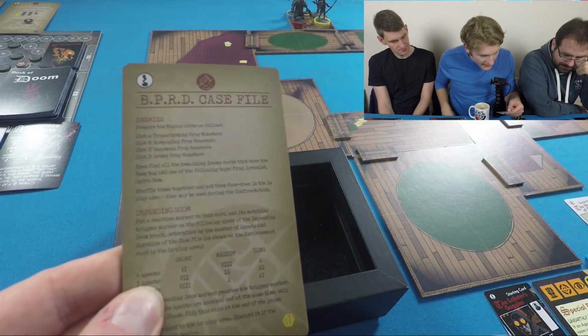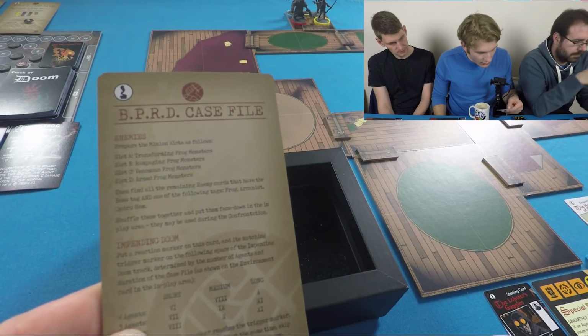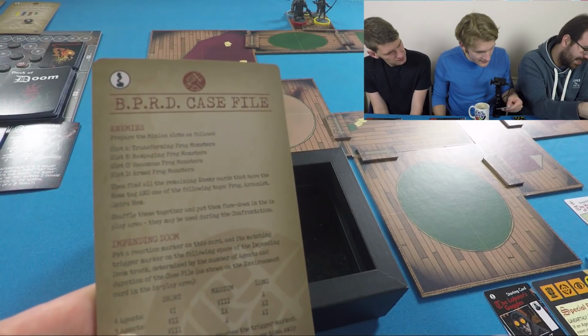Then find all the remaining enemy cards that have the boss tag and one of the following tags: Frog, Arcanist, Ogdruhem. Alright, so...